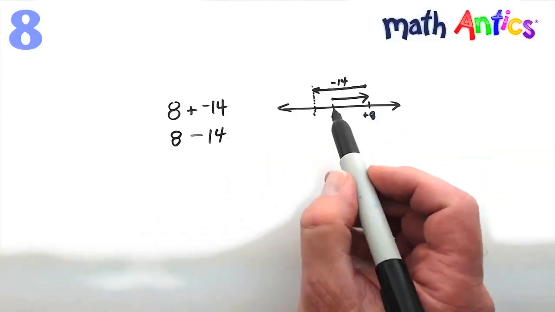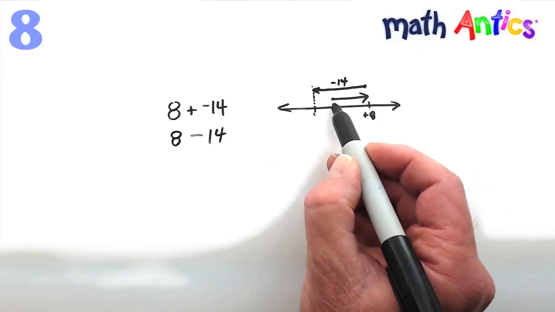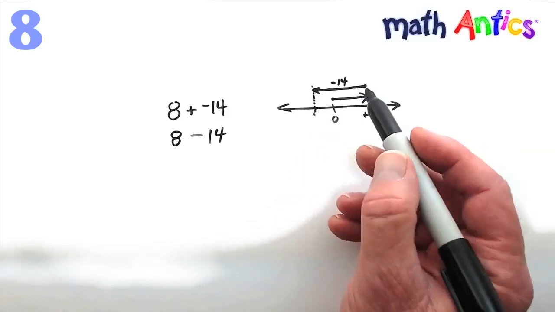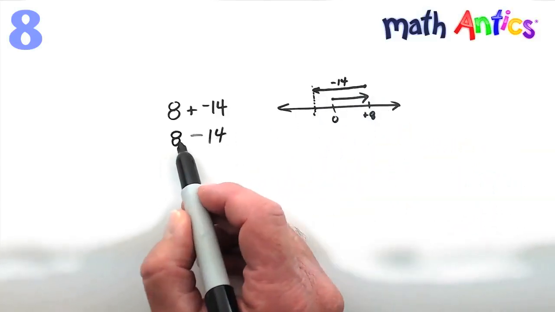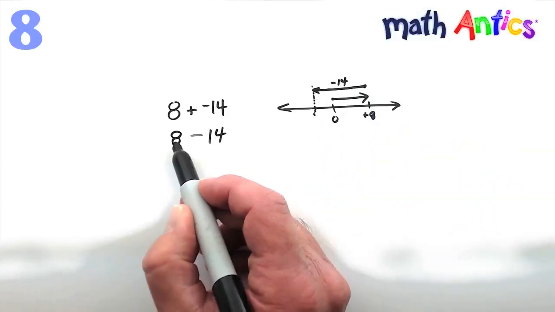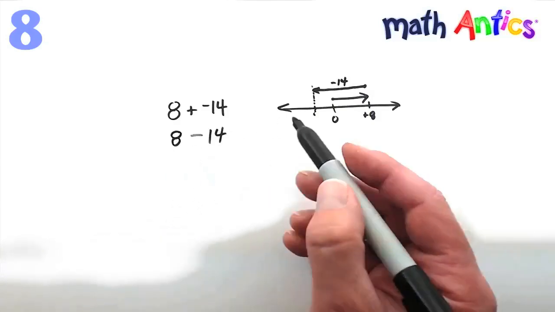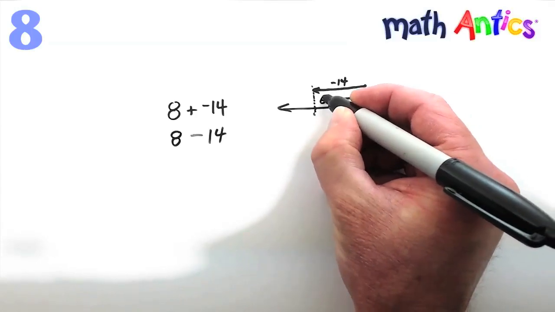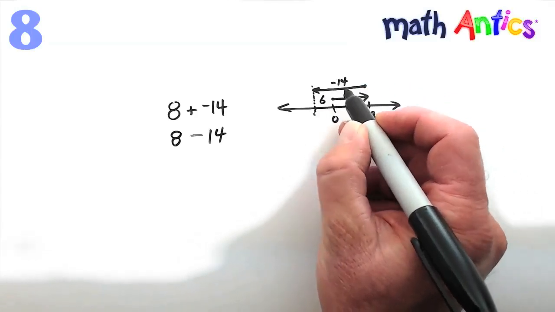If we had subtracted exactly 8, we would have gotten to 0. 8 minus 8 would be 0, but we're subtracting more than that. So we're going to take the difference between these two numbers, between the 14 and the 8, and the difference between those is 6. So there would be an amount 6 down here that's the difference between those two arrows,